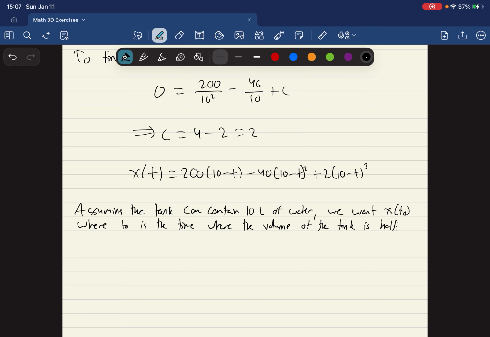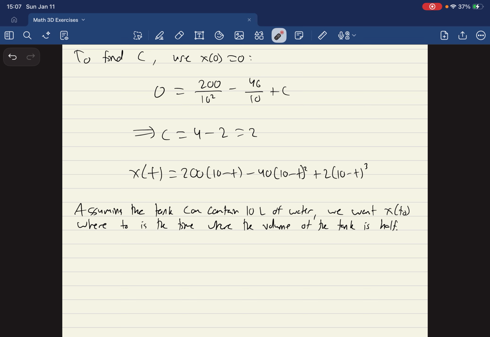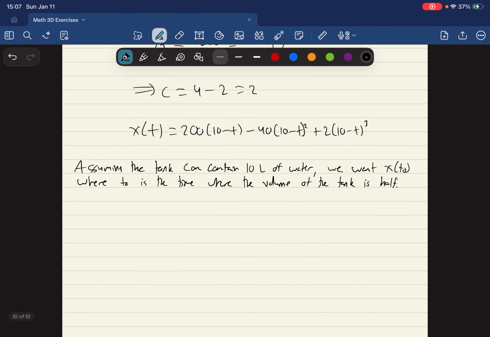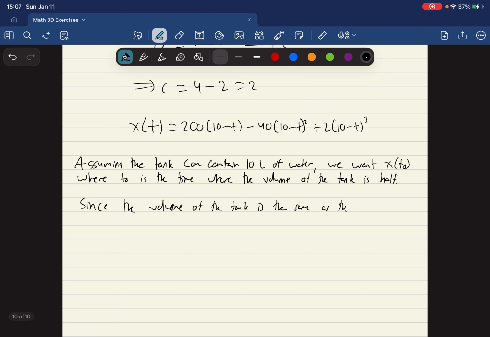It's half. This is where we're going to use the expression for the volume that we had earlier. So now, since the volume of the tank is the same as the volume of water in the tank, as the initial